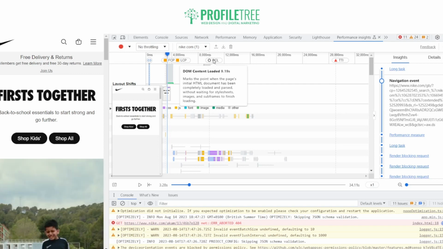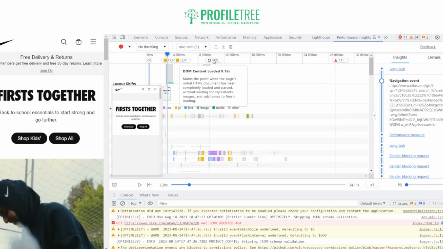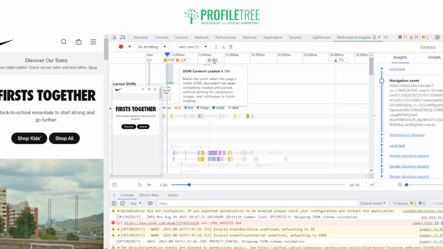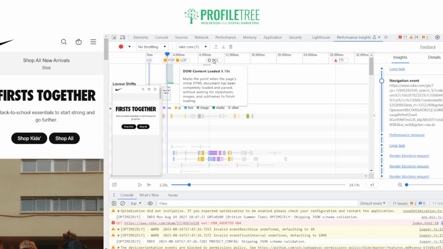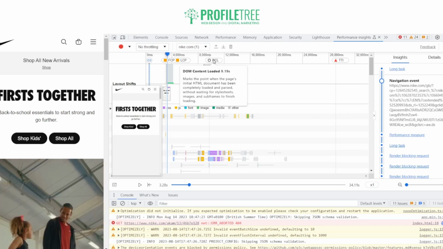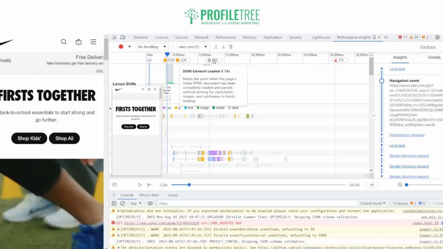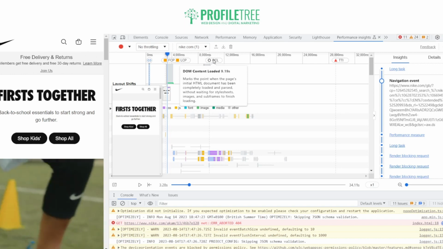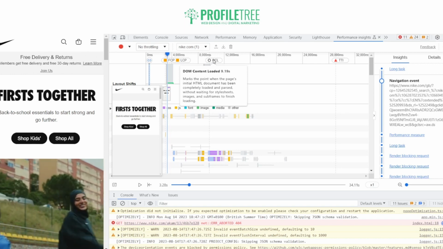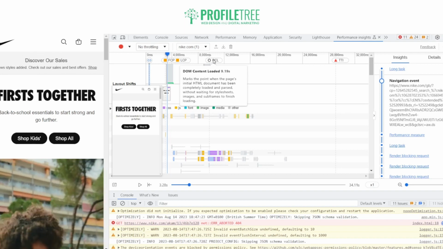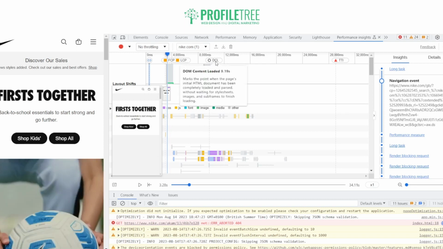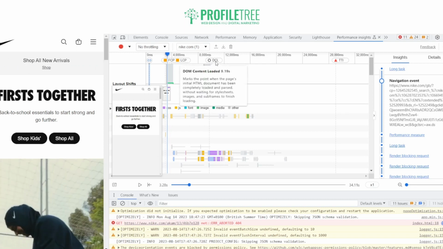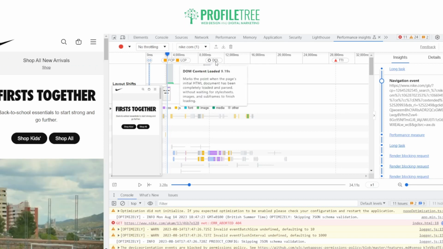Here we have the DOM content loaded, which is at 9.19 seconds. So again, very, very slow in comparison to ProfileTree. But again, you need to take into account factors like the server being close by, the framework, your broadband, and of course the performance of your computer. So 9.19 seconds marks the point when the page's initial HTML document has been completely loaded and parsed without waiting